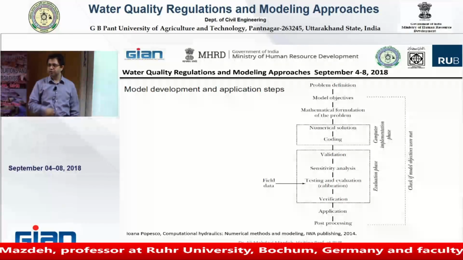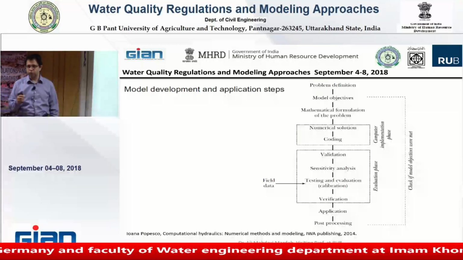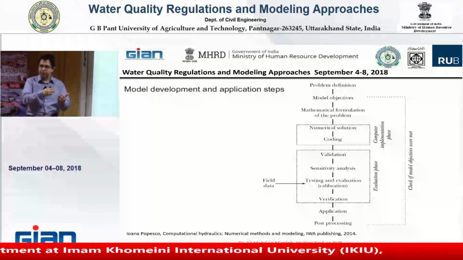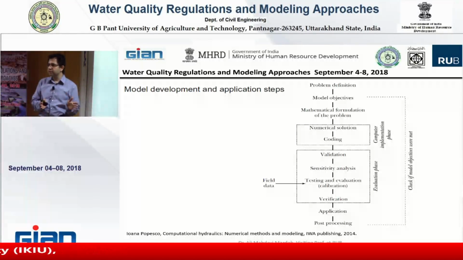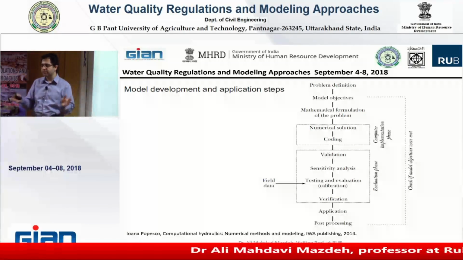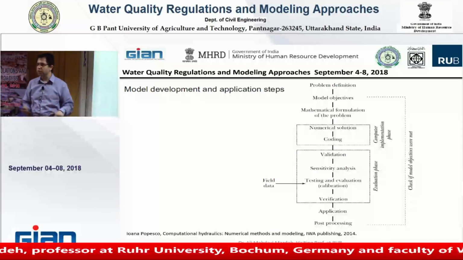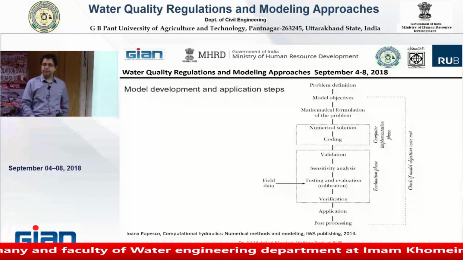Testing, evaluation and calibration for this formula, for all numerical methods, you should do this. Based on the data that you have, you should calibrate them. If you have 1,000 data, you will use 300 of it for the calibration part, or maybe 700 of it for the calibration part. Yes, most of them should be used for the calibration part. And then after you calibrate your model,